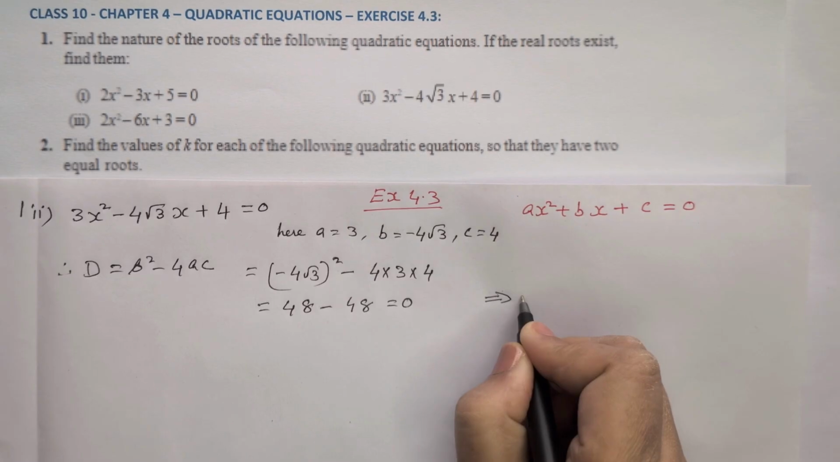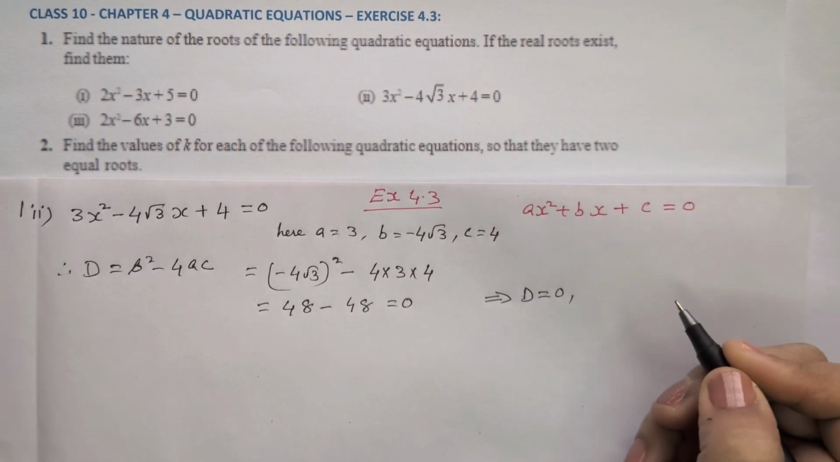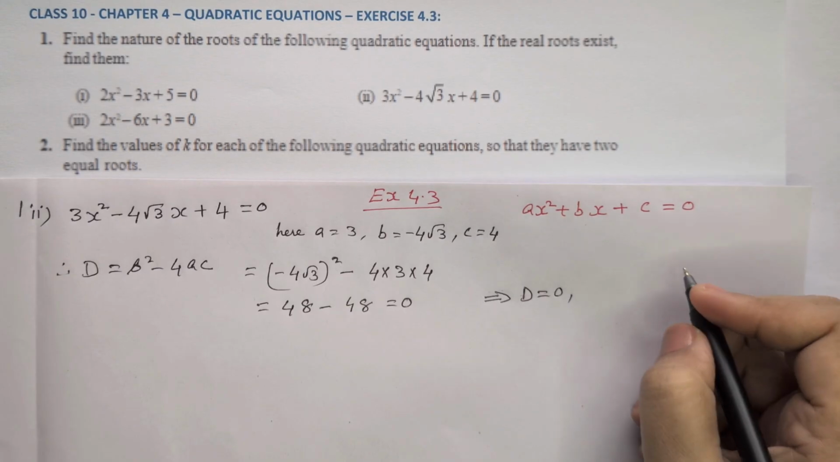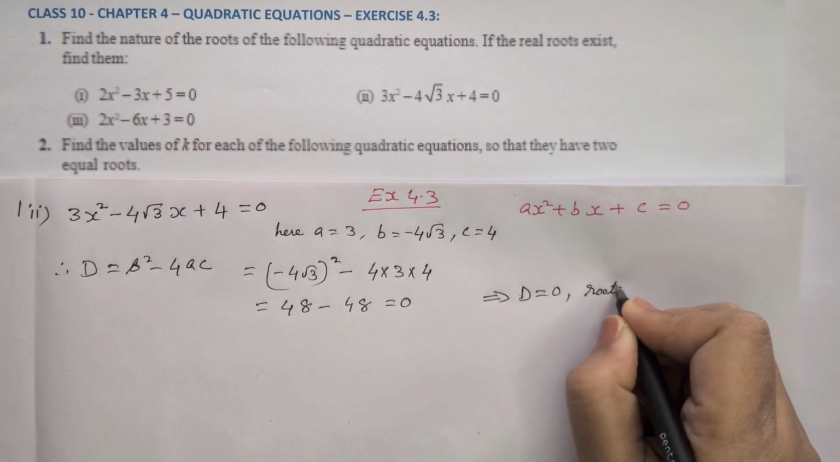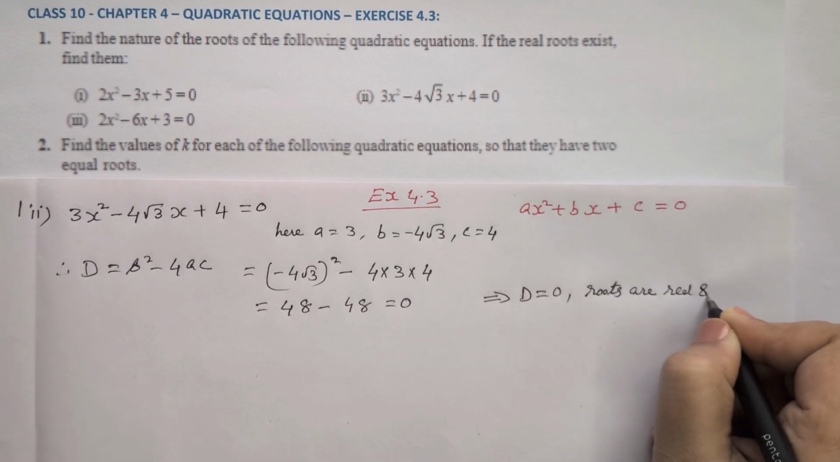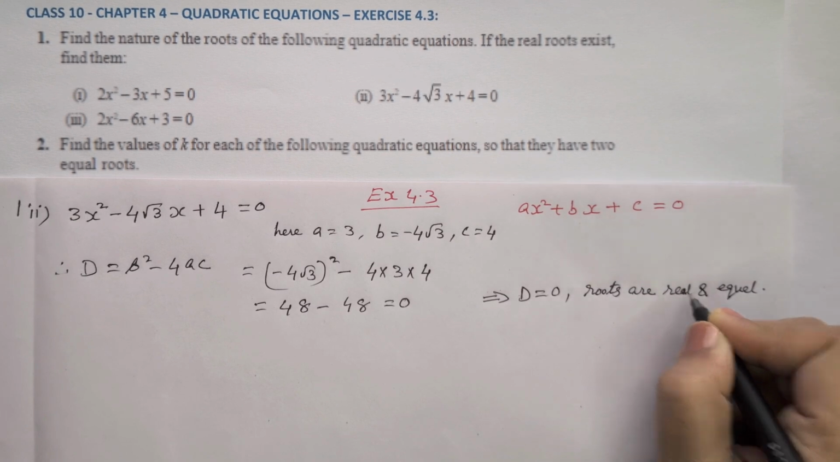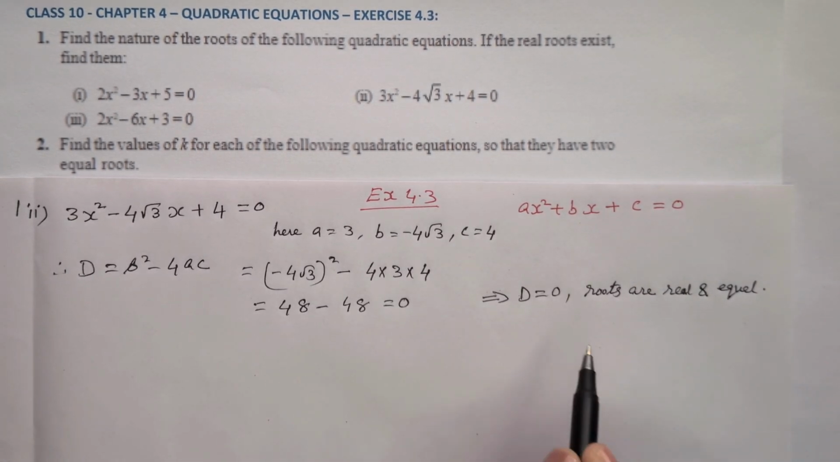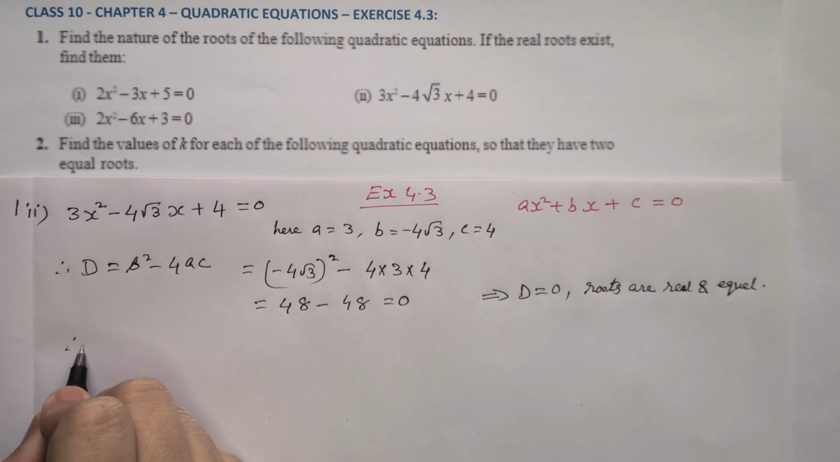So here we are getting 0, which implies D is equal to 0, which means if the discriminant is equal to 0, the roots are real and equal. So therefore the roots, if they exist, we have to find the roots also. Therefore, roots is equal to